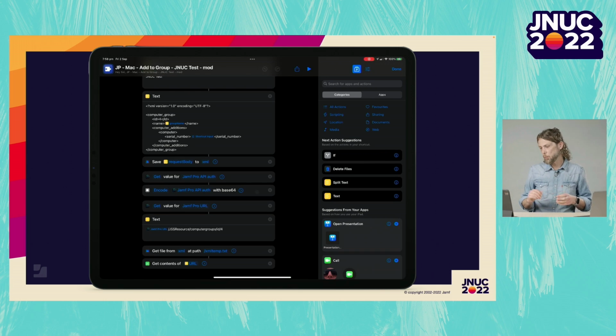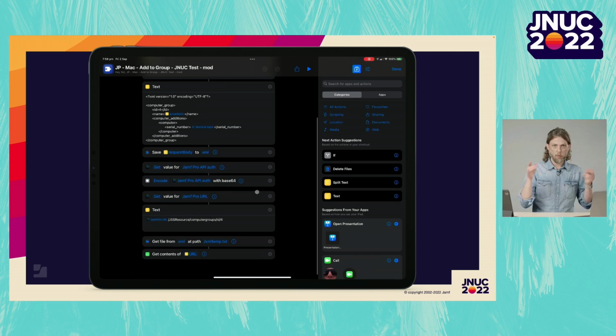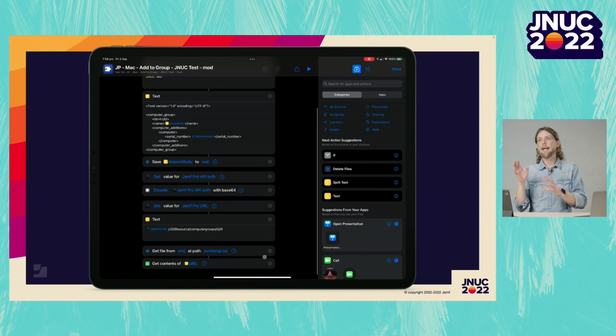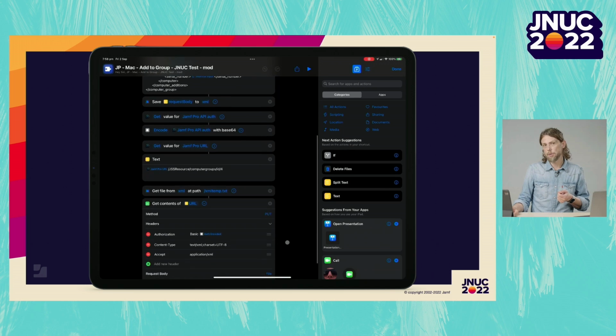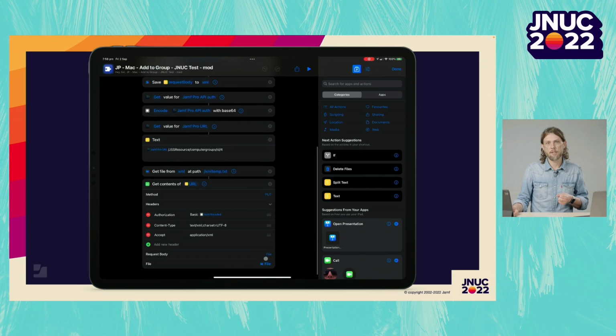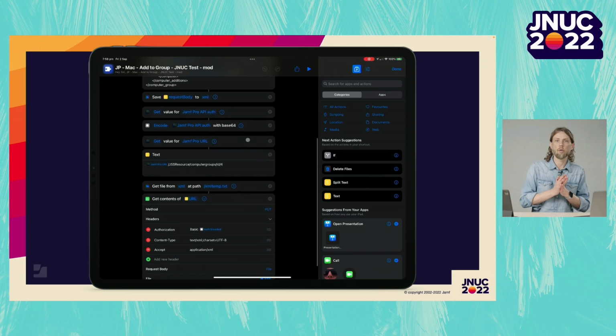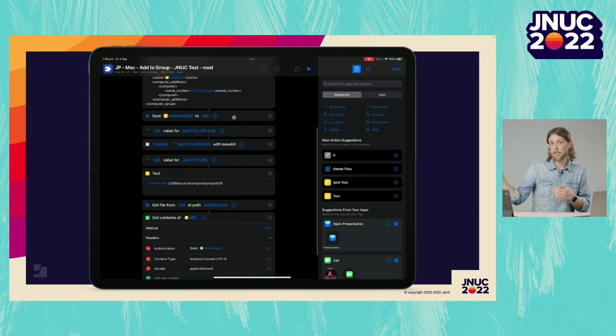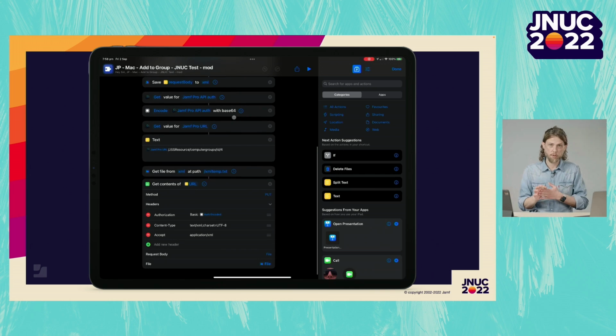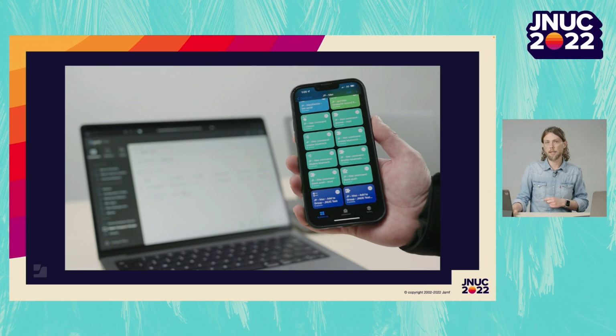So this is one that you can adapt and reuse. It's not in this example shortcut, but we do have a way for you to add additional bits of information along the lines of additional computer IDs if you've got more than one that you want to do. So the examples that I'll have up on our website for you to look at will include that functionality as well. So that looks like this